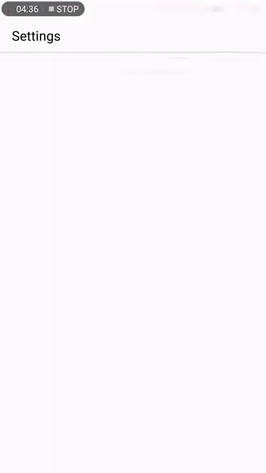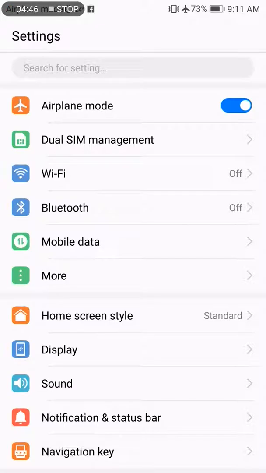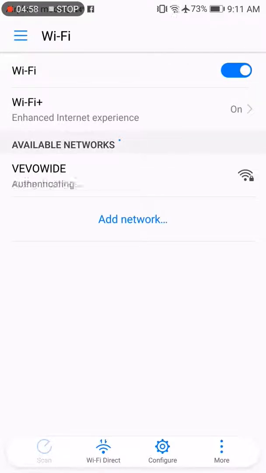So you can go to the settings and you can see airplane mode here. If you activate airplane mode, the signal will be lost and the Wi-Fi is going to turn off, and also Bluetooth, but you can enable it separately here. Yeah, so Wi-Fi is